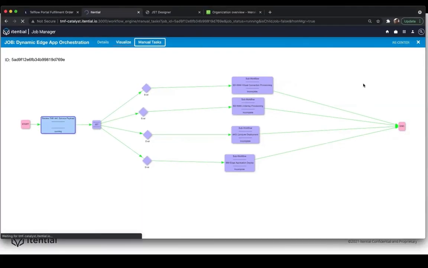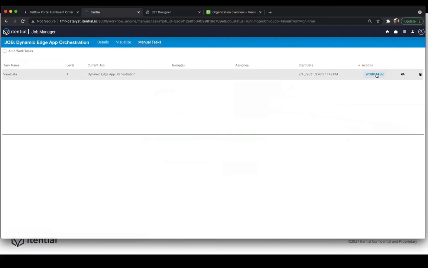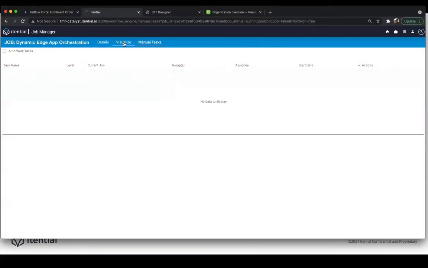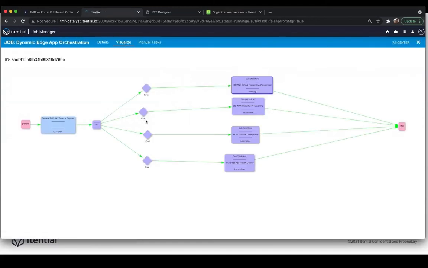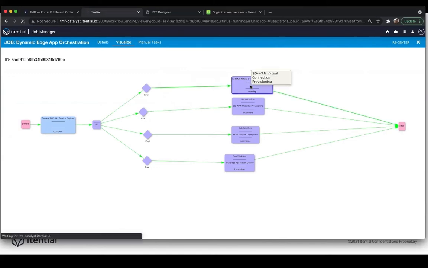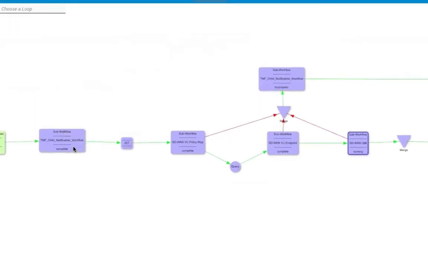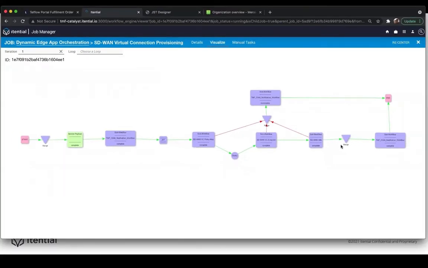So let's go ahead and work the actual manual task. We'll review the payload and we'll go ahead and proceed. Once I go back to the visualize screen, you'll notice it has successfully proceeded and is only about to provision the virtual connection. This is a modular automation. So when I dive right into the automation, you'll notice it has some of the other subcomponents. Namely, it has a modular automation to go provision a policy map, an endpoint, and SD-WAN uni. As you can see, all 3 steps have successfully completed,